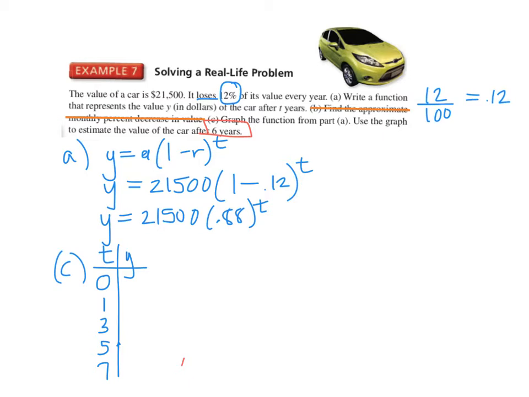So how do I get each of these numbers? For the y, I'm just going to take turns plugging in each of these numbers for t. So if I plug in 0, I get 21,500. Now I've got to do a little bit of work here. Then I'm going to go ahead and plug in 1 into my calculator. And when I do that, I get